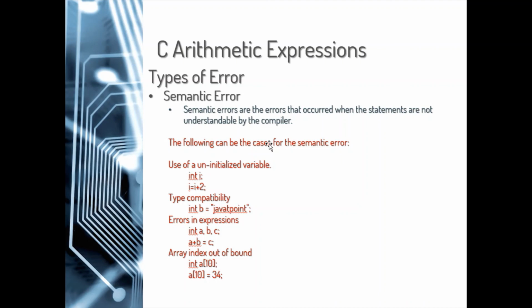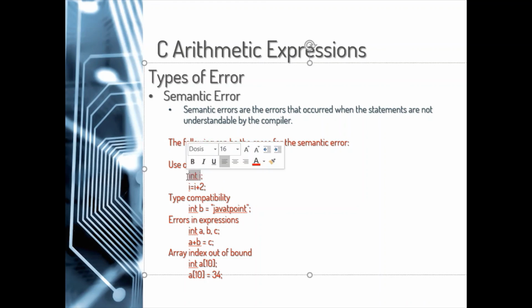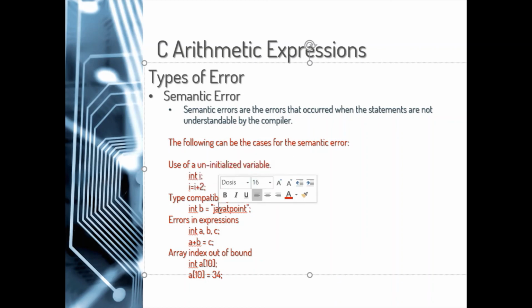So for example, nagamit mo og uninitialized na variable. So here, as you can see, si I is equals to nag-initialize mo ni I dire. Pero in this second na line, inyo nang gigamit si I. In this case, wala pa may sulod si I dire. Wala pa may sulod kay pa man ninyo gisudlan diri sa taas nya inyo na siyang giadan og 2. So mag-error gini siya. Kay makasabot si compiler ani, asa man ako i-add ani nga value wa pa man